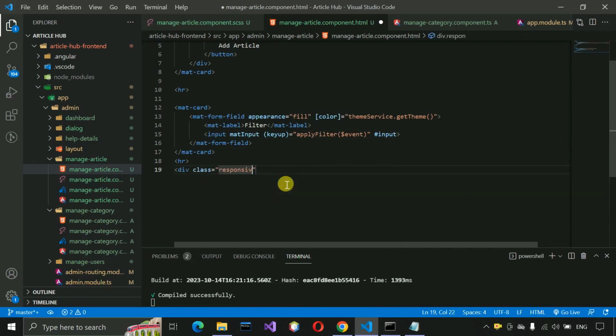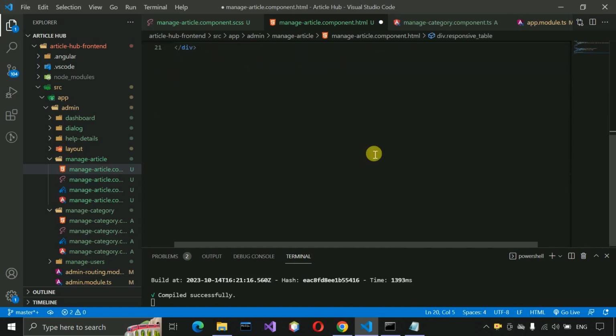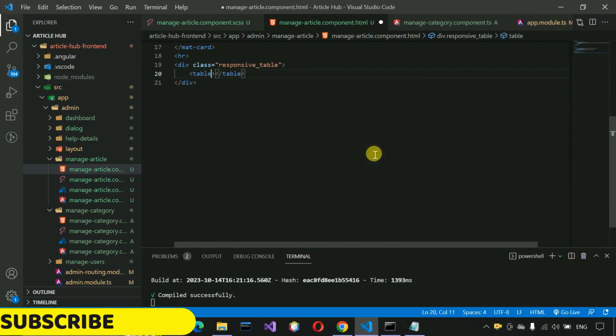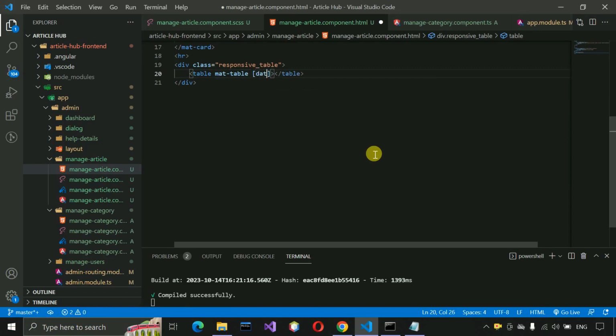And then here we have to create div class responsive_table, and just close this one. Let me scroll this one a little bit up, and after that table, and here we need to write mat table, and dataSource will be dataSource, and class mat-elevation-z8, and inside this one we have to create the